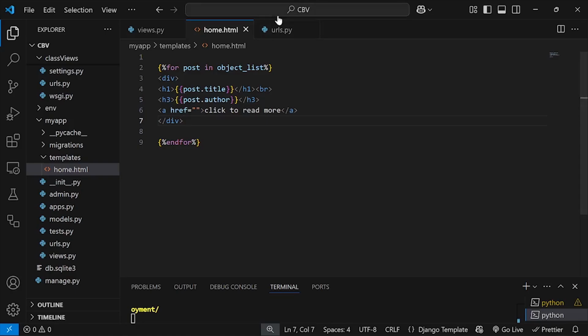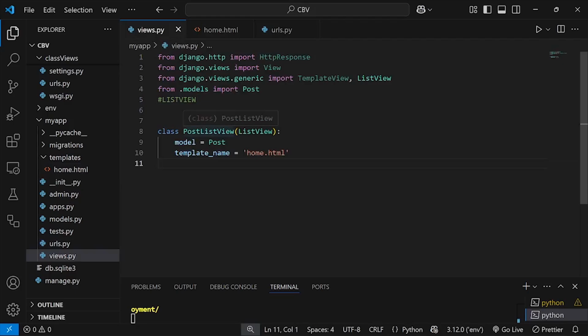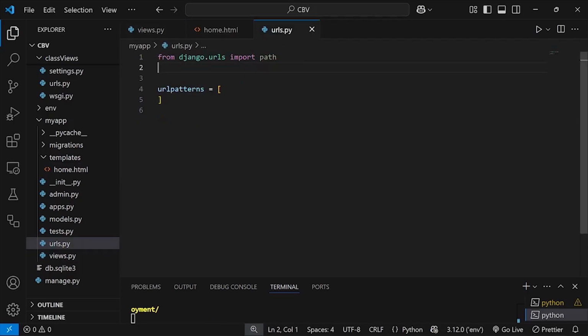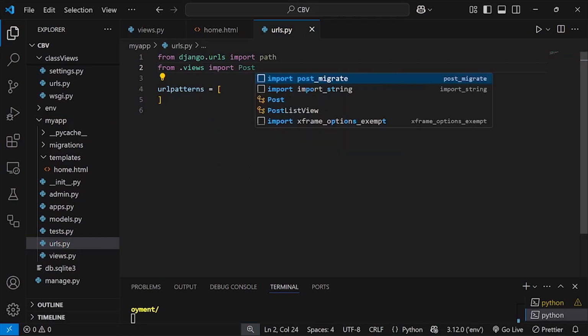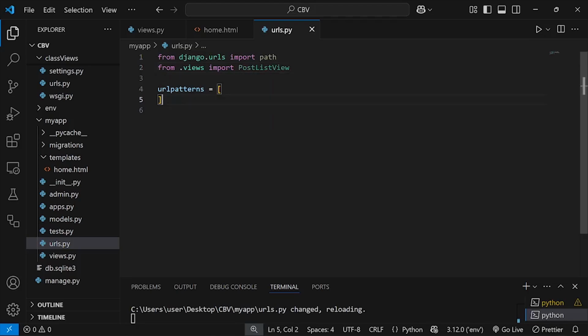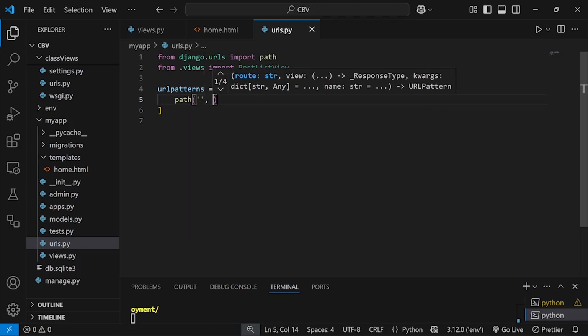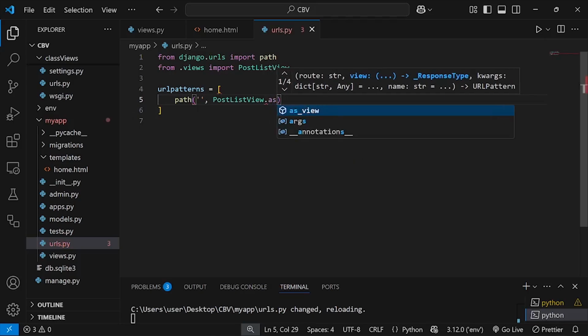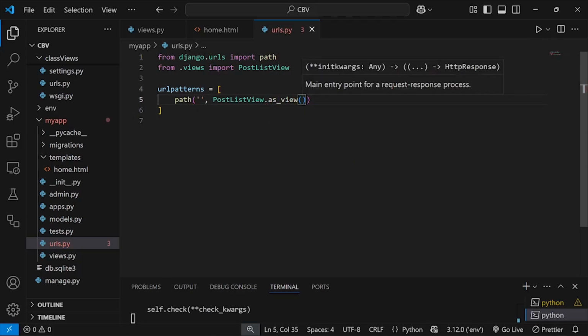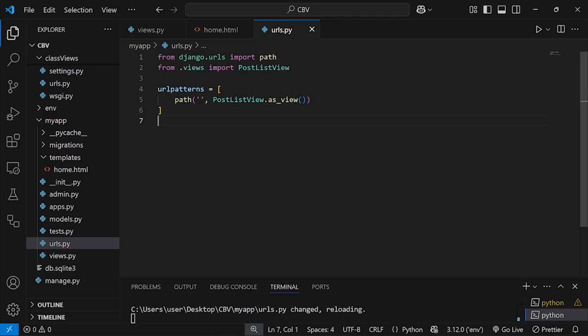So I have to pass this in our urls.py. We have this view now, PostListView. So here I'm going to say from .views import PostListView, and in this part here we are going to have an empty string. Then we have our PostListView, not only PostListView, we had this .as_view() like this. So now if I save this and go back to the browser